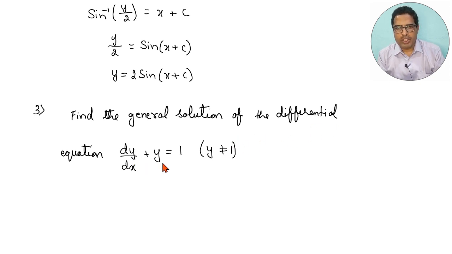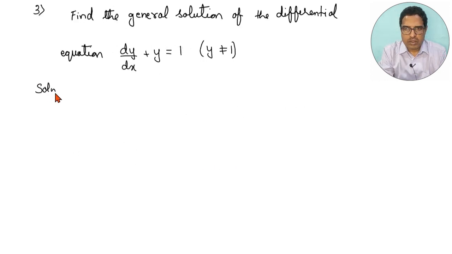The next question is, find the general solution of the differential equation dy by dx plus y is equal to 1, where y is not equal to 1. Given the differential equation dy by dx plus y is equal to 1, we can rewrite this as dy by dx